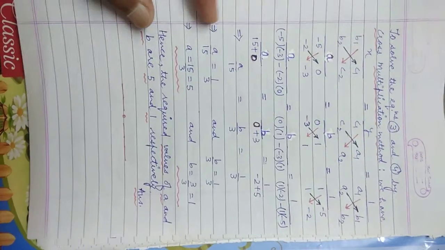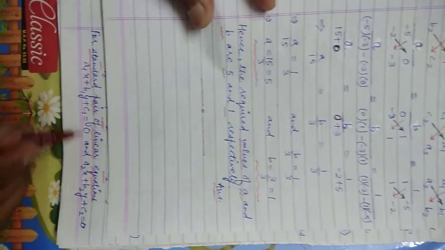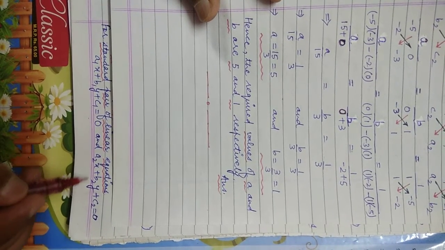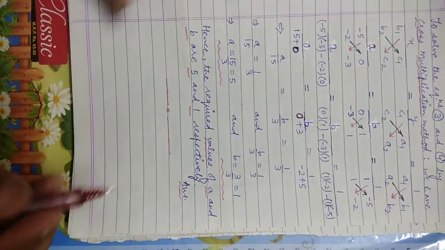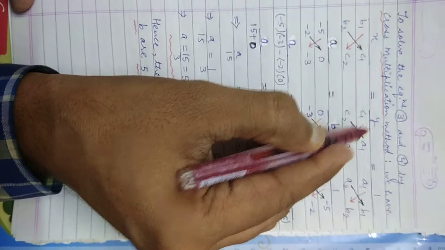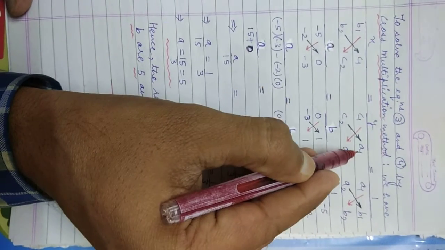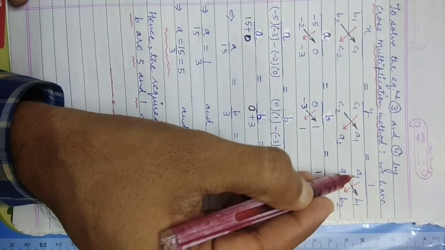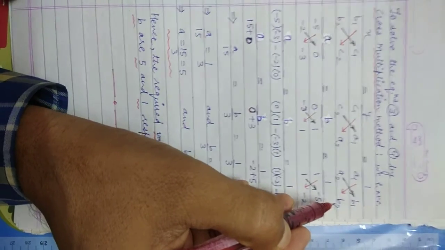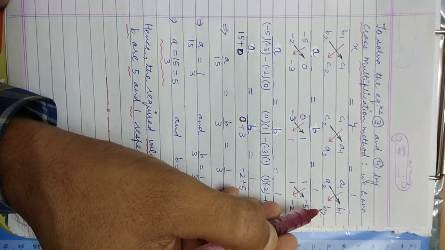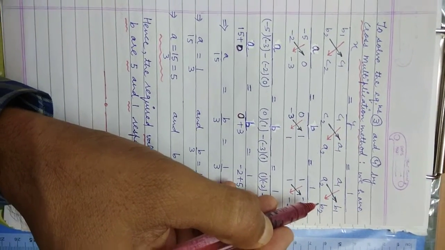We know the given standard pair of linear equations are a1x + b1y + c1 = 0 and a2x + b2y + c2 = 0. The formula for cross multiplication is x over the determinant of b1, b2, c1, c2, and y over c1, c2, a1, a2, and lastly the constant column a1, a2, b1, b2. I have explained this earlier in question number 1; we know how to apply the cross multiplication method.